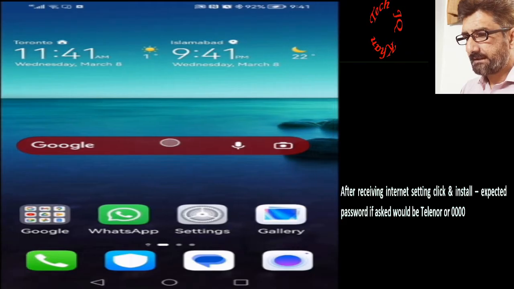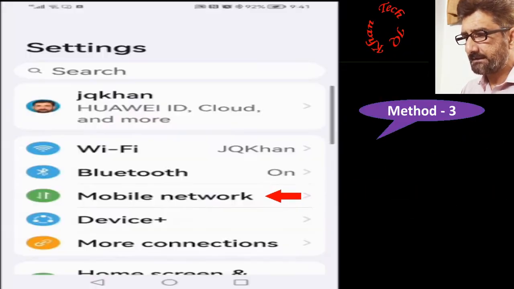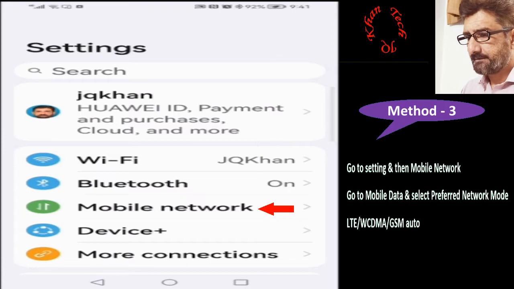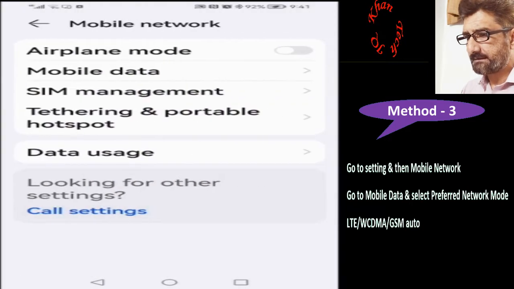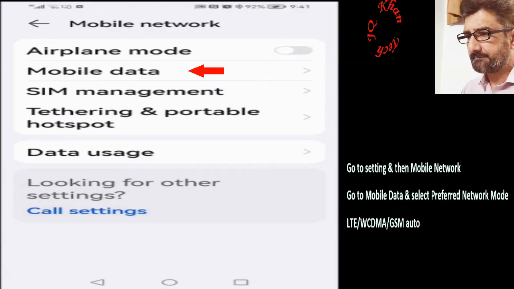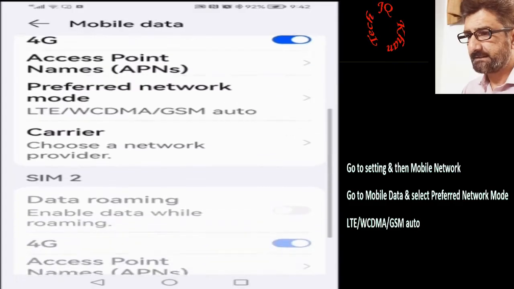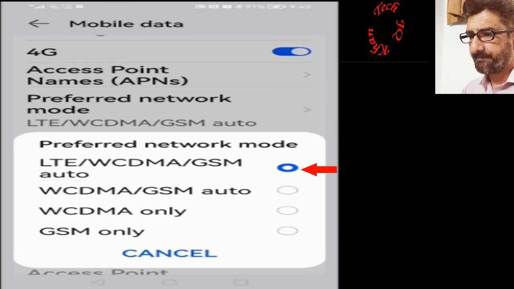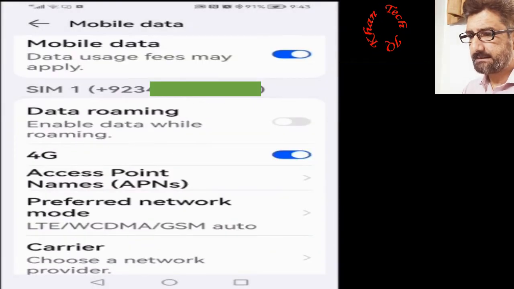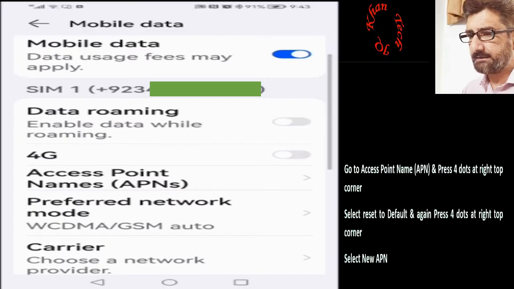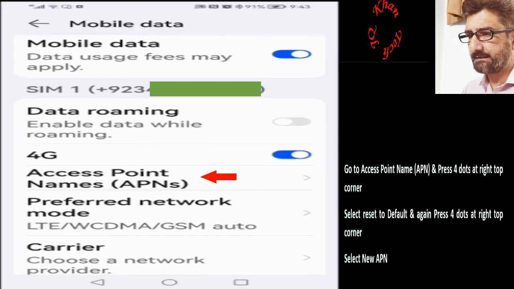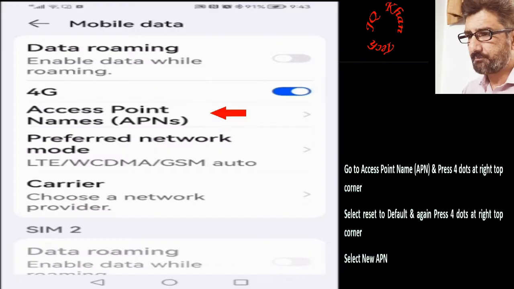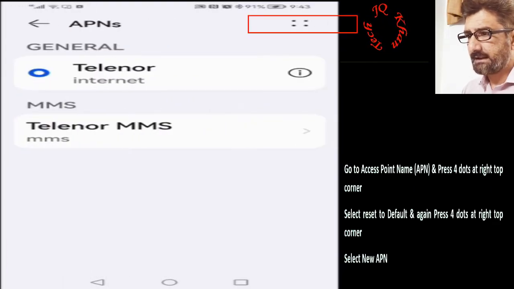In manual configuration, go to settings, mobile network, and after mobile network, mobile data. Now preferred network mode, first option LTE WCDMA auto, and now we will change our access point name, APN. Better you turn the 4G button off and on also. So APN is open. Note the three dots, click it, press reset to default,